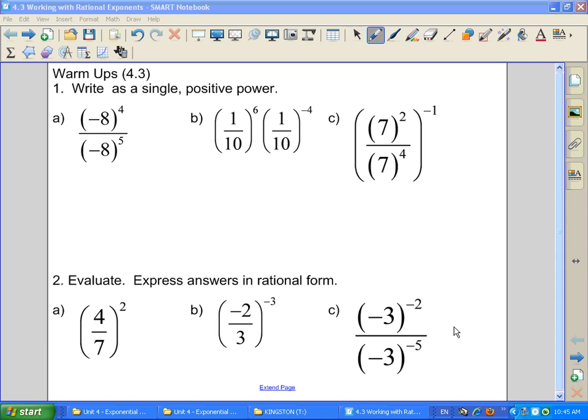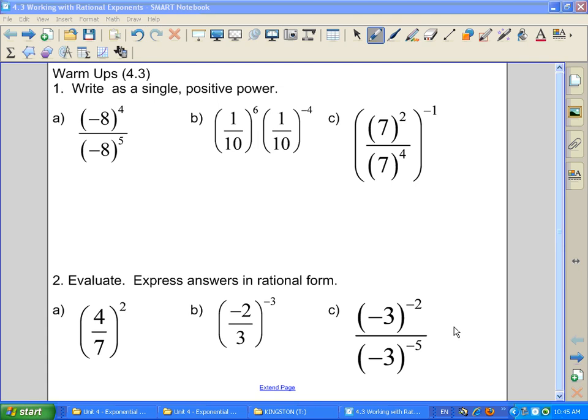Okay, class, here we are, lesson 4.3, working with rational exponents. Another fancy name for rational exponents, that's what we use for fractions. So it's the same thing as working with fractional exponents. All right, before we get to that, let's do a recap or a warm-up of last day's review on exponent